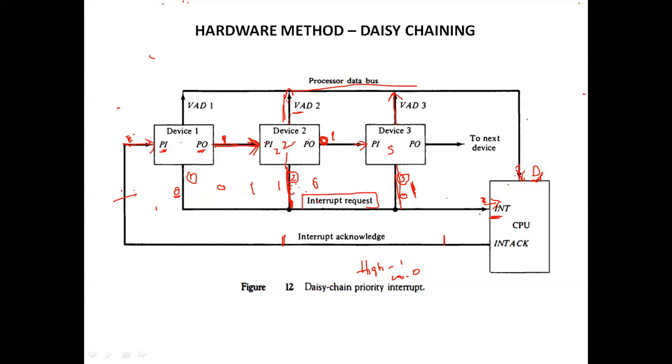So that was interrupt driven IO. In the software method, we have a polling method. A polling method is very slow. Why? Because the CPU has to check each and every device which has polled the interrupt. But when it comes to the hardware method, we call it the daisy chaining method. As the name itself indicates, it is a chain-like format, so the device which has pulled the interrupt is going to make the line high and the CPU will take care of that. So this is how interrupt driven IO is done.